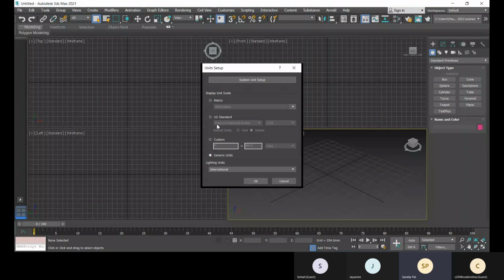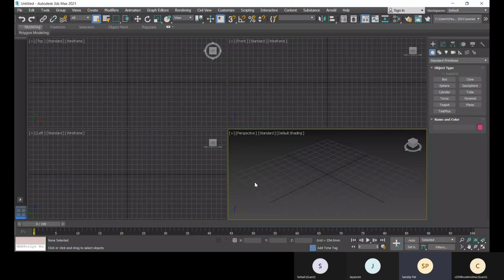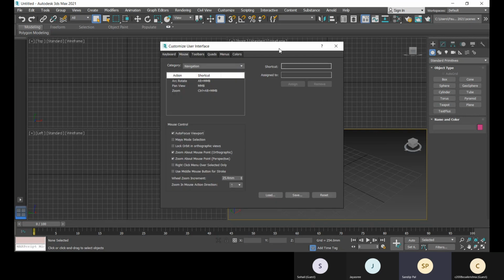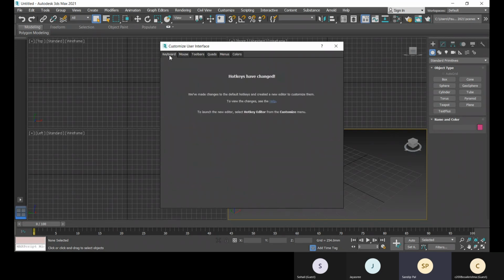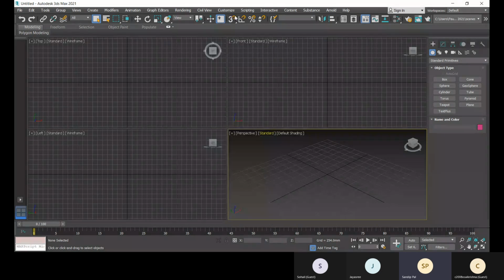US standard is for feet and inches, but basically we will use metric. According to your requirement, you can choose millimeter, centimeter, meter, kilometer. Millimeter is good for us. Click on OK, and then we can check that our user interface settings are all done, which we have learned.